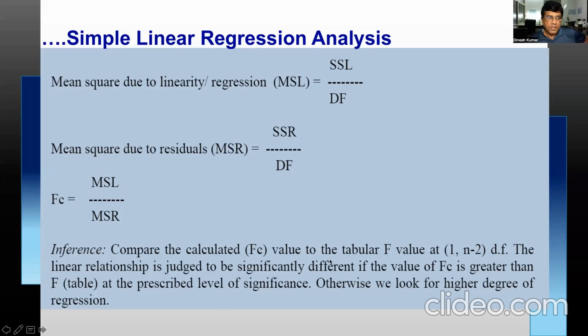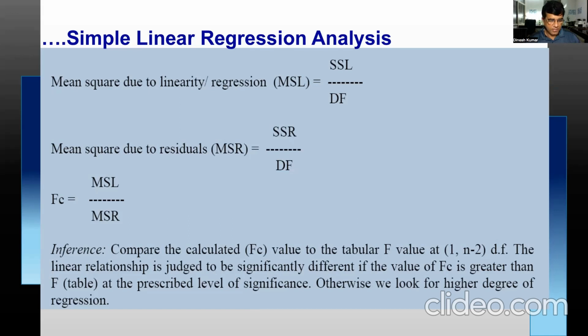2 degrees of freedom. The linear relationship is said to be significant if the value of F calculated is greater than the table value at the prescribed level of significance, 5%, 1%, and so on. Otherwise, we look for higher degree of regression. So normally in agricultural sciences, we take